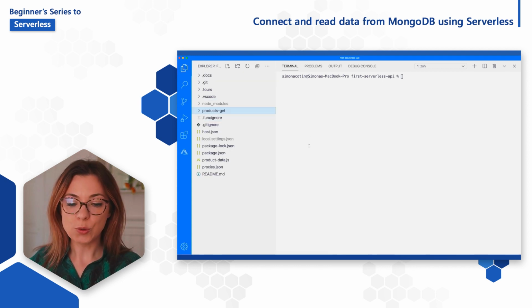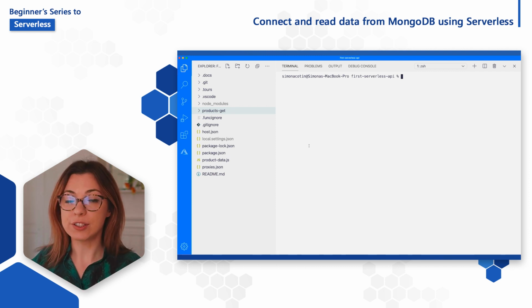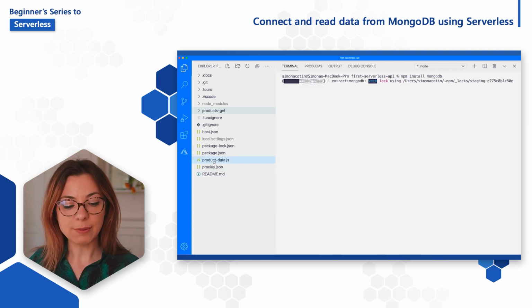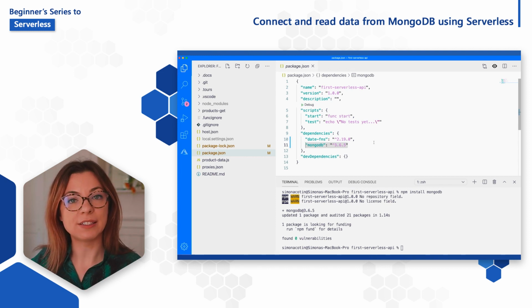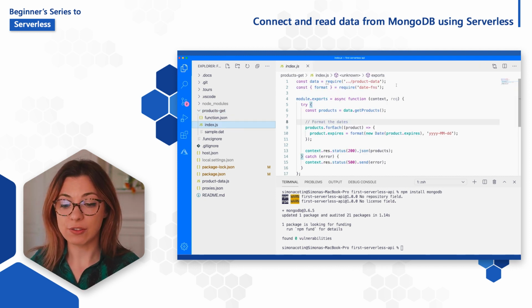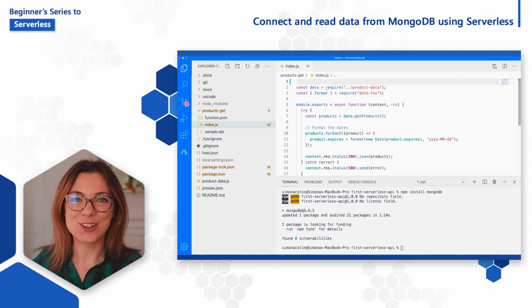And to connect to our database, the first thing that we need to do in our serverless function is run npm install mongodb. And this will update our package.json file to include our dependency on the MongoDB Node.js driver. And then going into the index.js file, the first thing that we want to do is import the MongoDB driver.